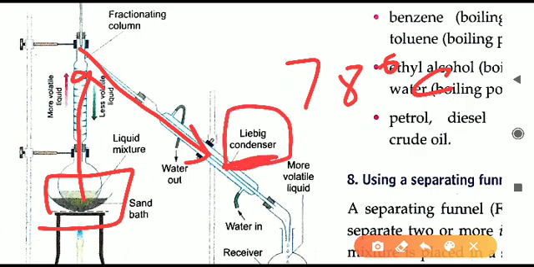इसका काम होता है कंडेंसेशन करना. Condensation is converting of the gas into liquid. So which gas is coming here? That is alcohol vapors are coming here from the apparatus, that is where heating is going on. So alcohol vapors, as they are coming into the Liebig condenser, they will cool down, and due to cooling down they will convert into liquid again. So at the right you can see a separate receiver is there, and in the receiver we will collect the alcohol liquid.